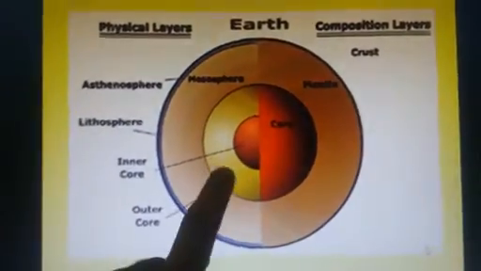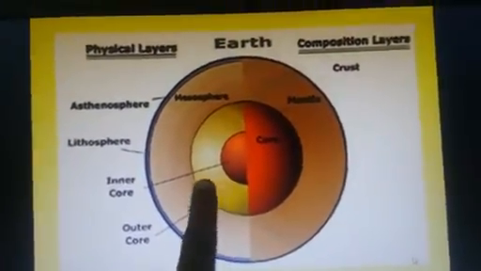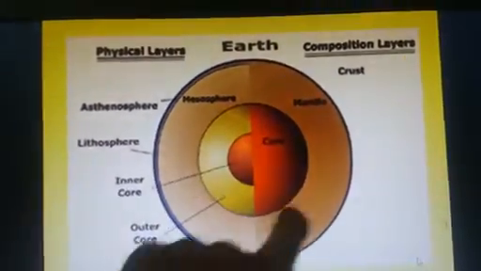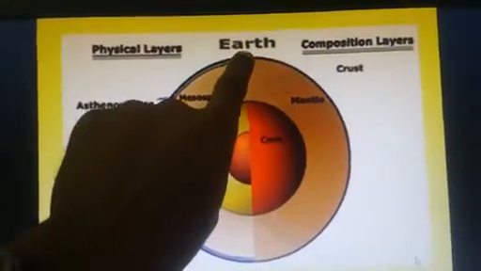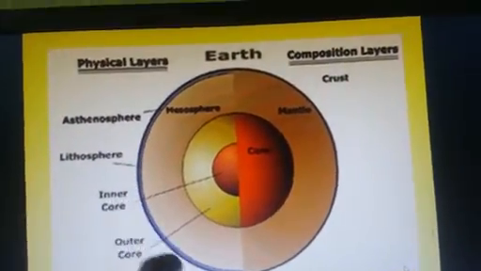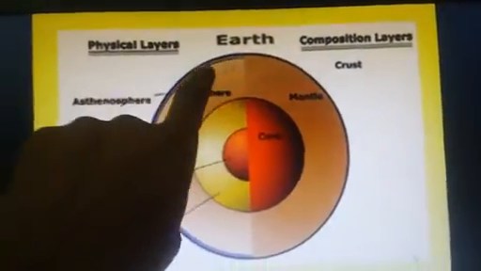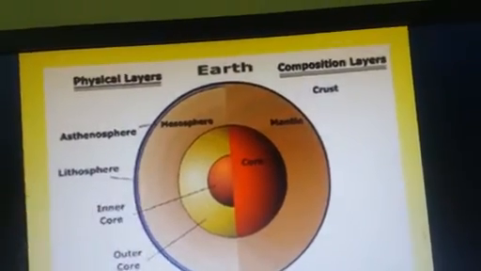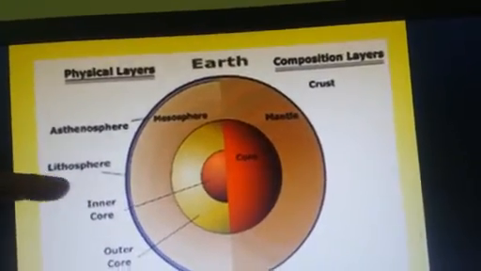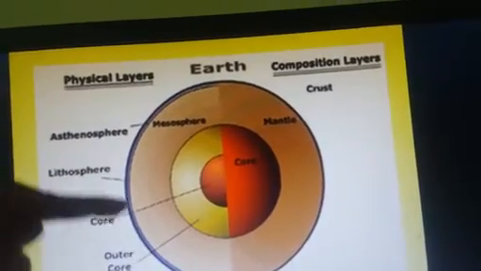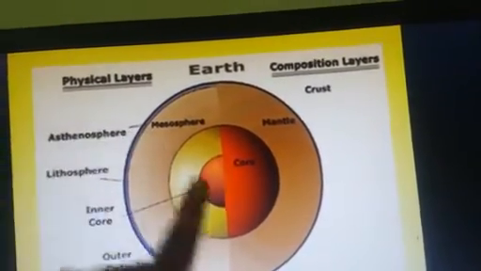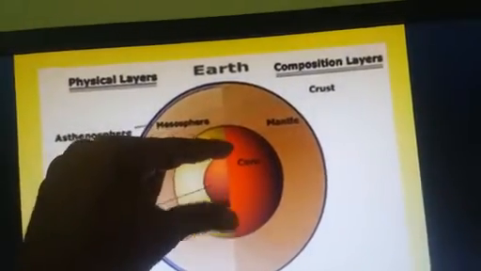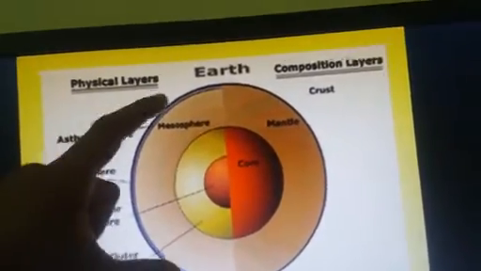Earth's interior divides into 3 categories. First one is the core. This is your core part, this is your mantle part, and this layer, these lines, is called your crust part. So core, mantle and crust. When you drill into our earth, this is your first crust part, this is your mantle part, and this is your core part. The core part divides into 2 categories: first one is inner core and second one is outer core.